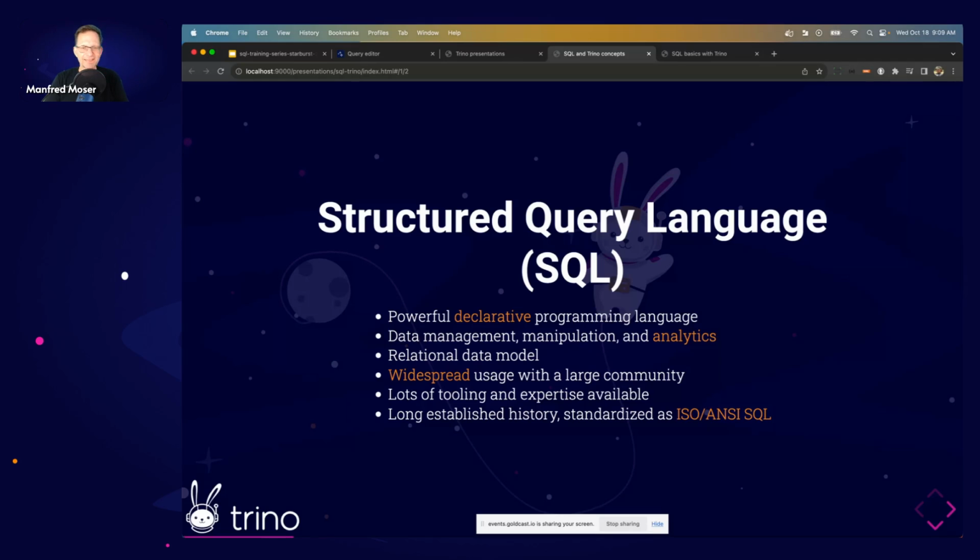So it's a long, long time that SQL has been around. But at the same time, it's been becoming more and more modern. It's not standing still. It has the long established history, but it's standardized as ISO ANSI SQL. And it's supported by lots of tools, and lots of people have been in this ecosystem a long time and